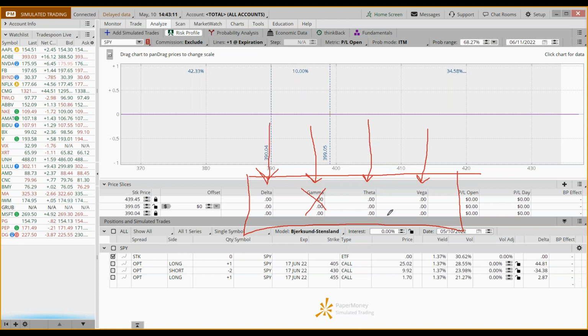Theta is time. How much do we gain or lose based on time decay? Vega is volatility. How much do we gain or lose as implied volatility goes up or down? Now, the strategy we're talking about, a calendar spread, falls under the family of what we would consider delta neutral